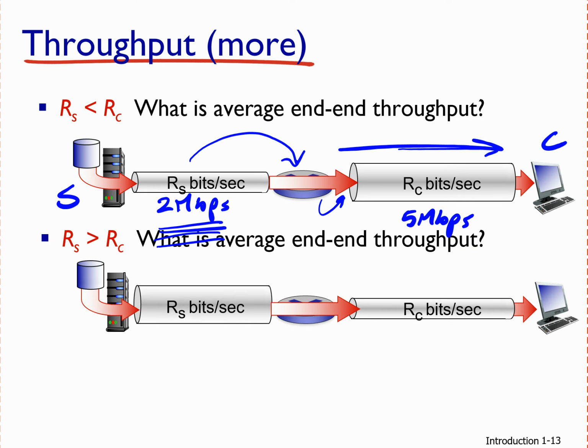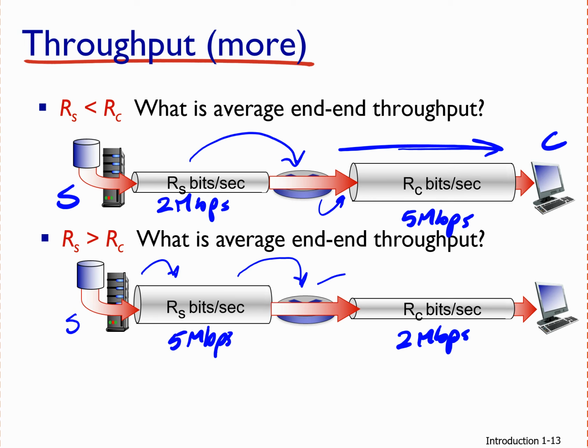Now, let's look at this example. Assume this link is 5 megabit per second and this one is 2 megabit per second. Now the server will send the full capacity of 5 megabit per second. When these packets arrive at the router, it has to go ahead and send those over a 2 megabit per second link. This is more than what this link can handle. Therefore, if we send this much traffic,